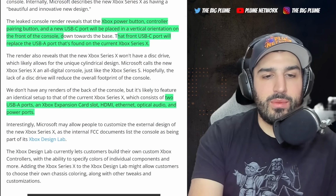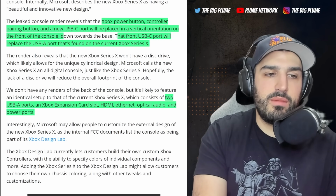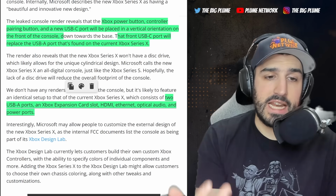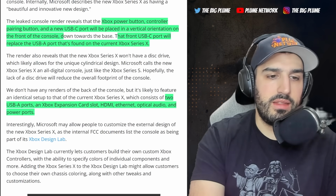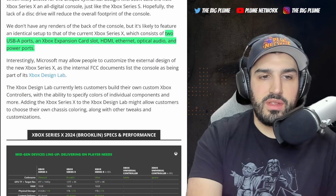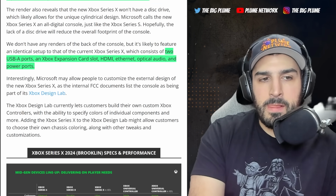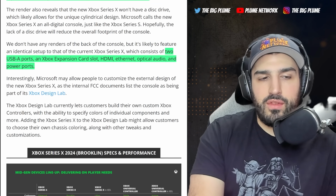And then on the back, we don't have any renders, but you can essentially assume it's going to be the exact same. USB-A ports, an Xbox expansion card slot, an HDMI, Ethernet, optical audio, and the power port, all the stuff that is within there. Now, the other interesting thing here with this Series X digital is it potentially is going to be involved with